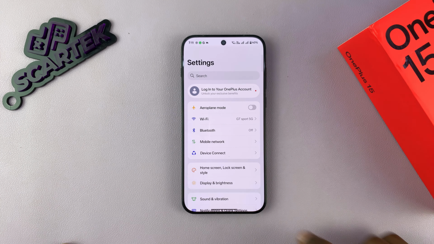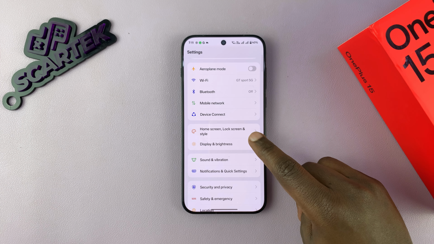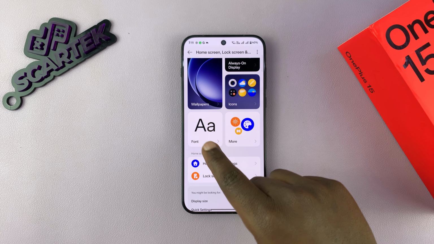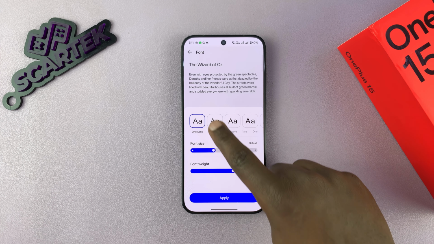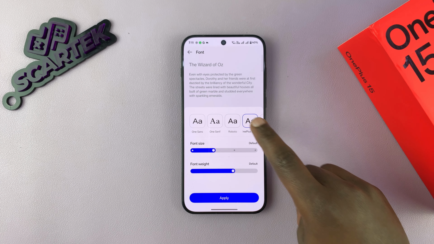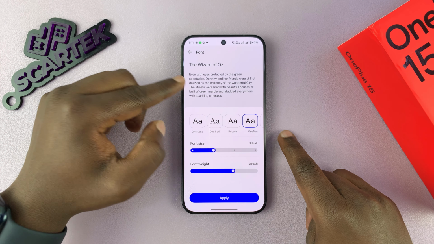Anyway, go to settings and then home screen, lock screen and style. Tap on that and then scroll down and you should see font. Now, if you tap on that, you have different font styles you can choose from. So you can go cycling through the available font styles and you can see what it looks like in real